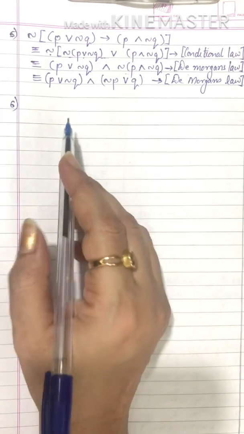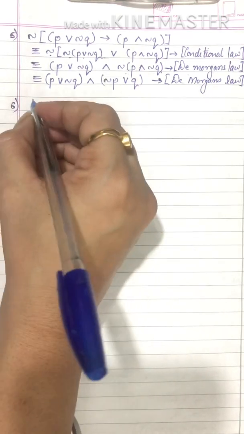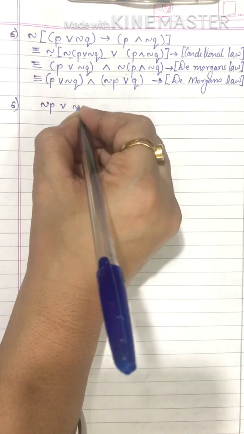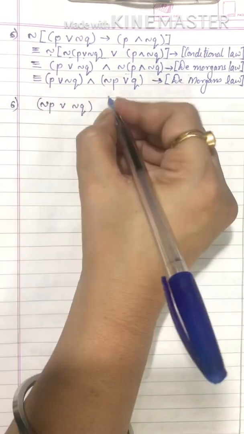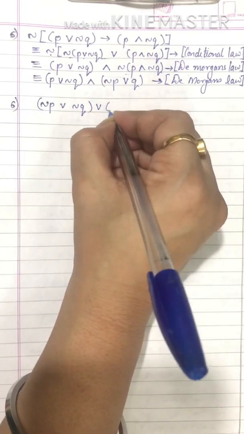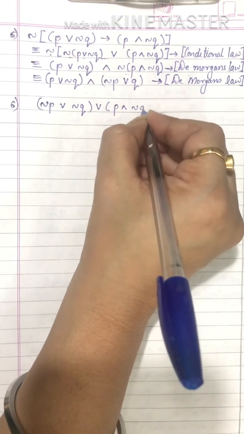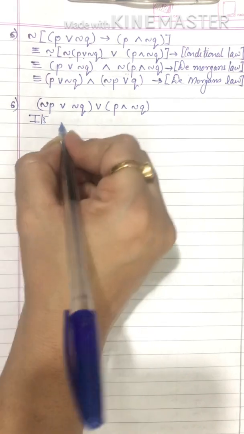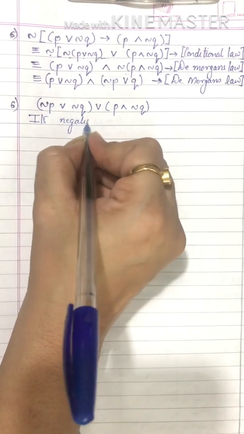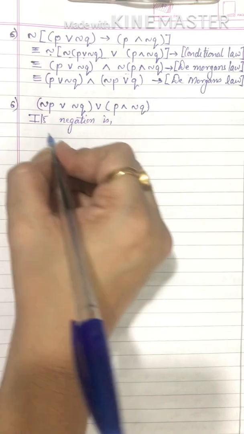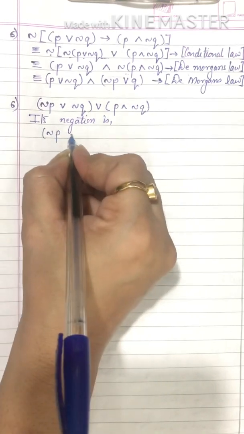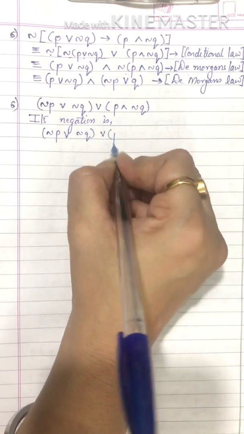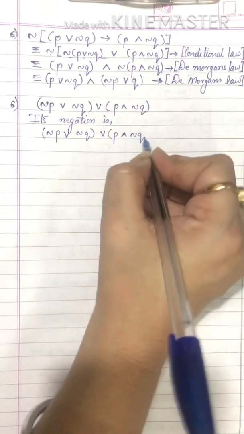Okay, now I hope it's going well and you're understanding the sums. Let's take one more sum like this. See, by seeing the statement, you will think, oh God, this is such a lengthy statement. Now, how do we solve this? But just by practice, you will understand all the laws. Okay, this one I will write again properly. Its negation is, we write the whole statement, negation P or negation Q, or P and negation Q.